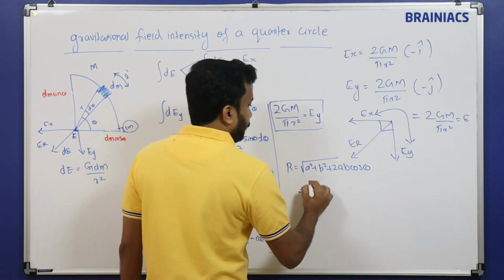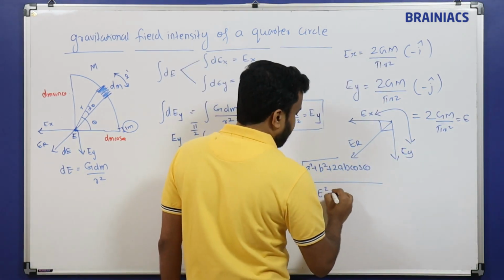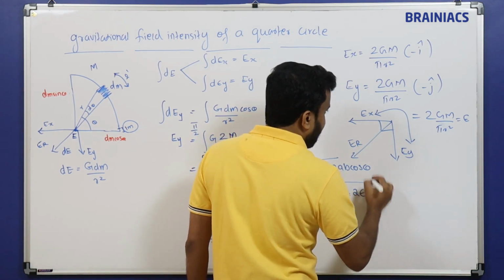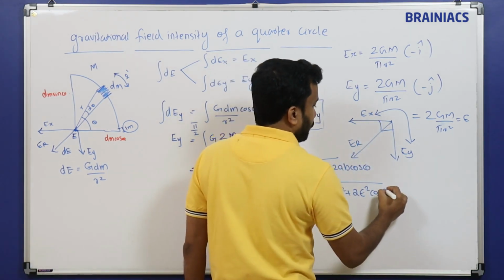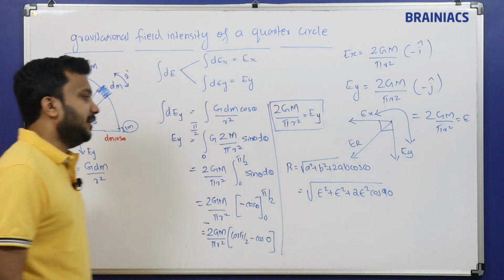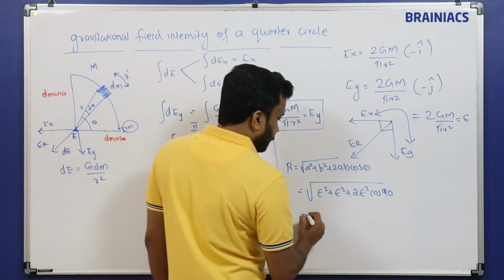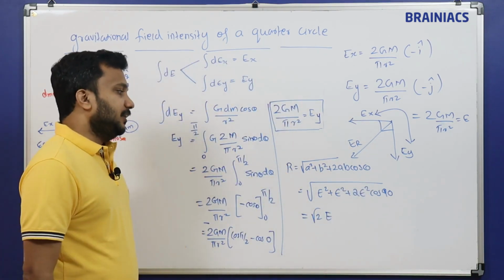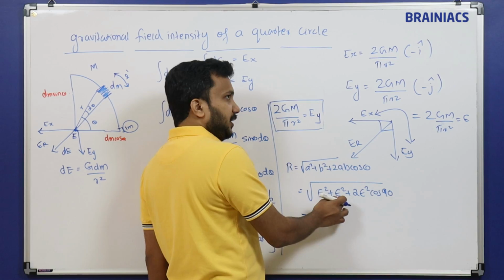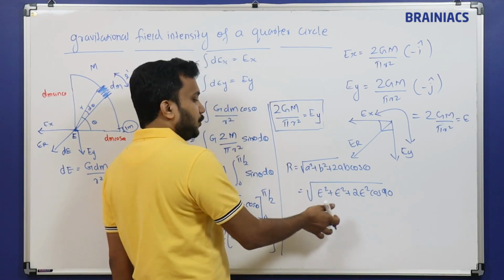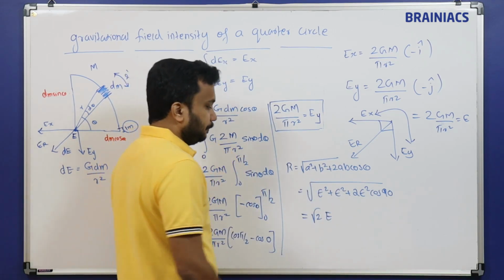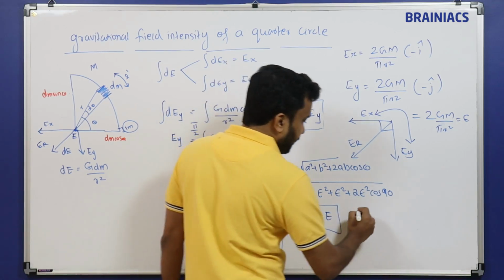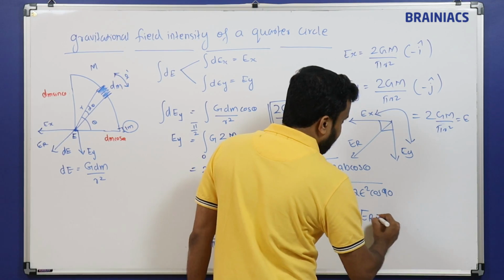Now we'll substitute, both are the same value, right? E square plus E square plus 2E square cos 90, since the angle between the two vectors is 90. What is the value of cos 90? It is 0. So the total value comes as root of E square plus E square, that is root of 2E square, which is root 2 E. So the gravitational field intensity is root 2 E,